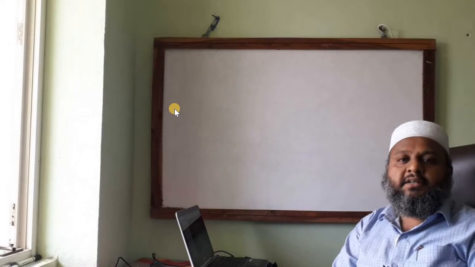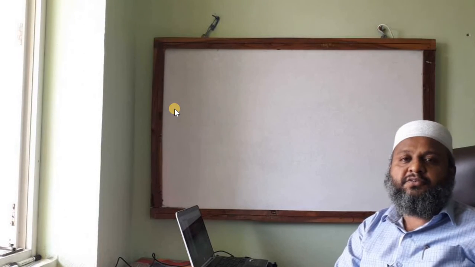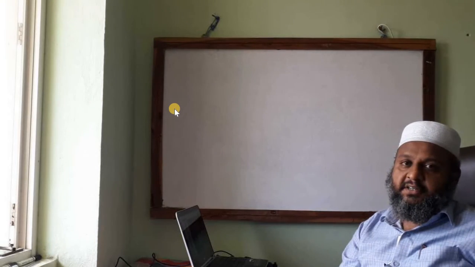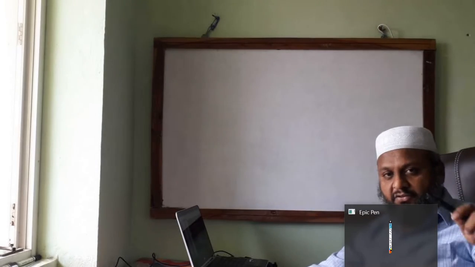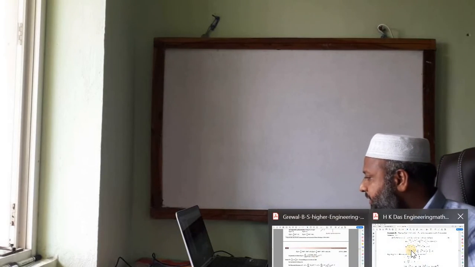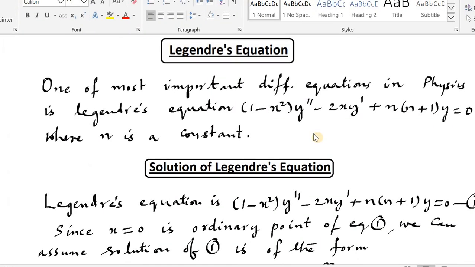In the earlier lecture, we discussed the solution of Legendre's differential equation. Let me scroll it so that some people can take screenshots of that one. Those who have not taken that, I'll show that one. Here you can see that this is the Legendre's equation: 1 minus x square y double dash minus 2x y dash plus n into n plus 1 of y equal to 0. It's a very useful differential equation, has many applications. And coming to the point of the solution of this differential equation,